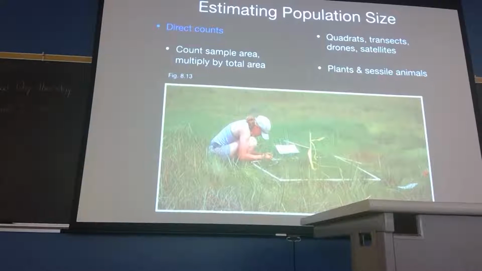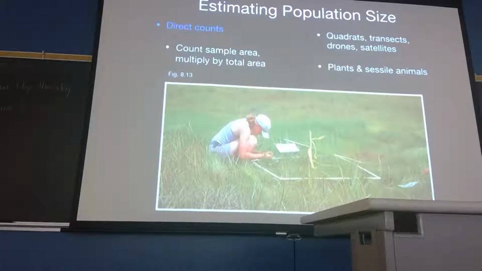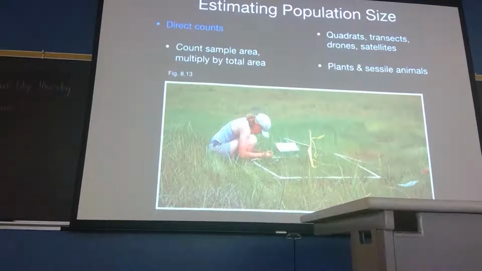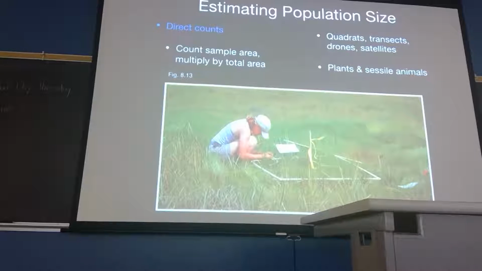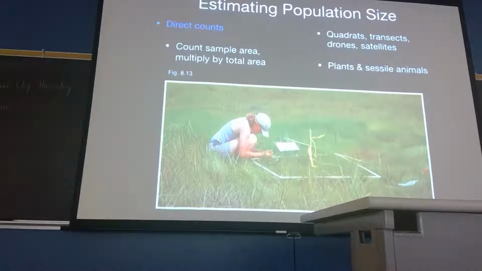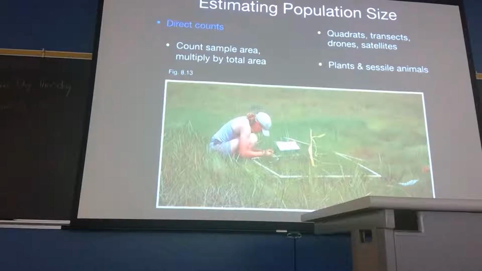Ways that work really well for this, again, are the quadrat idea, where you take an area of known size and you count all the individuals there. In the case of the quadrats that we've been using, there are a meter on each side. You're counting a meter square worth of area each time. You then go, okay, there are so many square kilometers in the range. I estimate there are so many red maple trees in this given